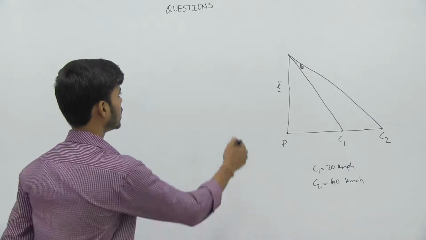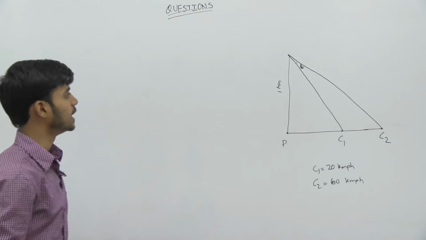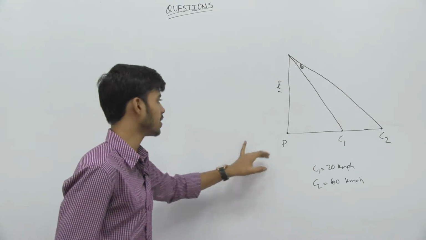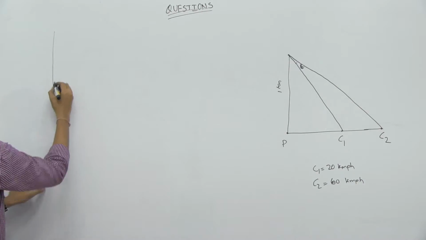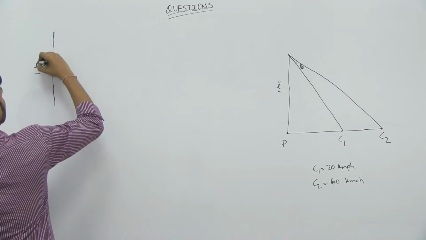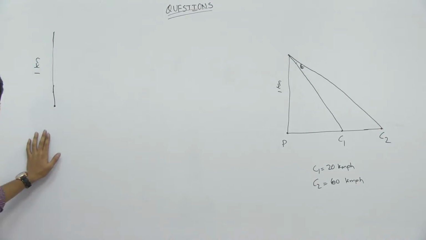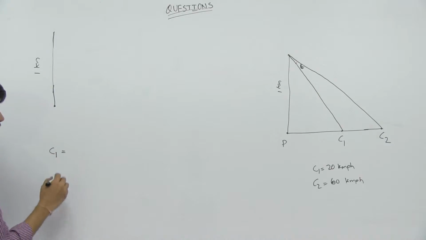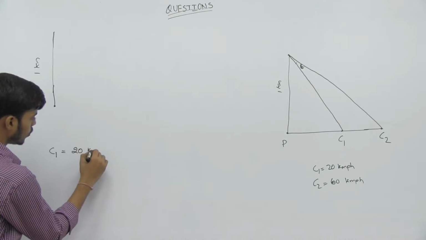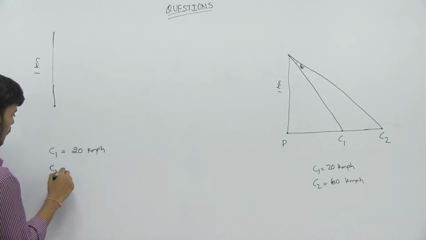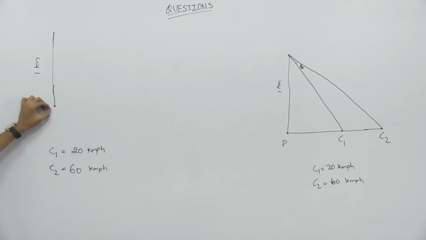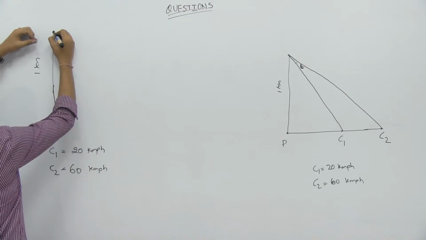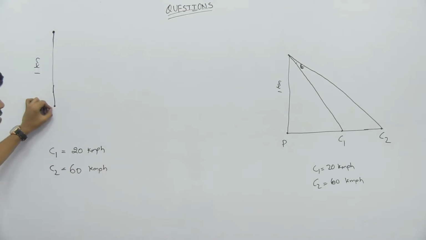Yes, we have another interesting question from heights and distances. Let me explain the question. There is a building of height 1 kilometer and two persons set out from this building in cars. The first car is going with a uniform velocity of 2 kilometers per hour, and the second car goes at 6 kilometers per hour, and a person standing at the top of the building keeps observing the motion of these cars.